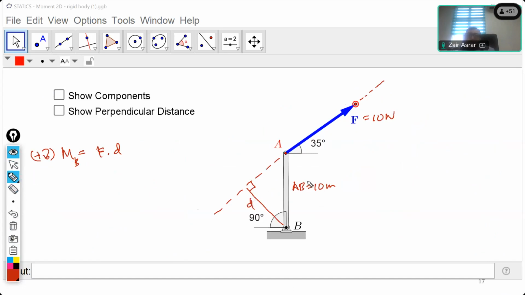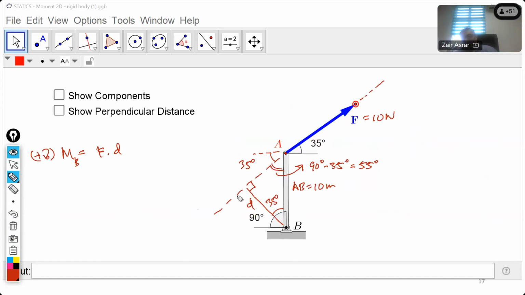So we can use our knowledge about angles. In this case, we know here the angle is 35 degrees. Since we know this angle plus something which we don't know yet is 90 degrees, this angle is actually equal to 90 degrees minus 35 degrees equals 55 degrees. So if this is 55, actually the angle here is 35 degrees.